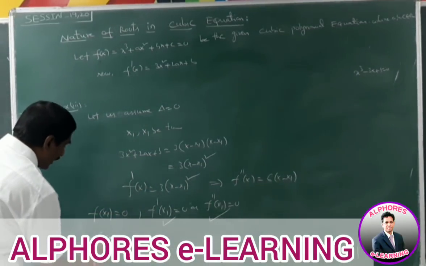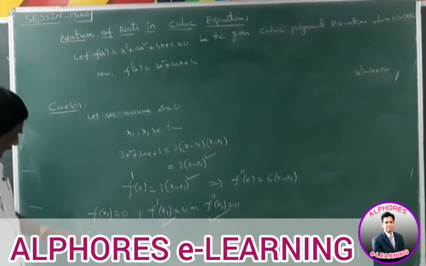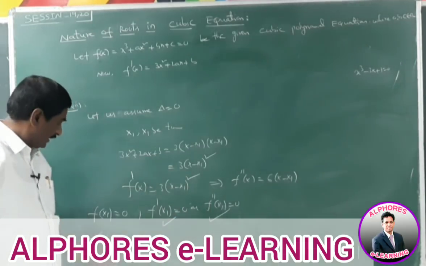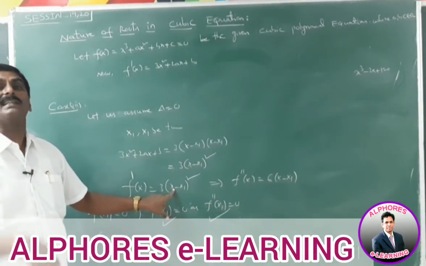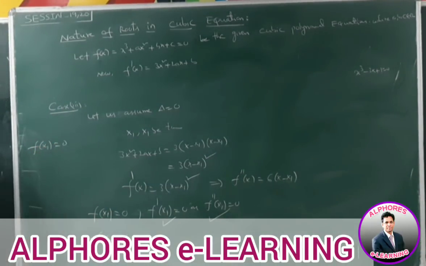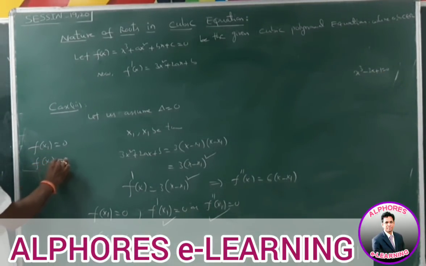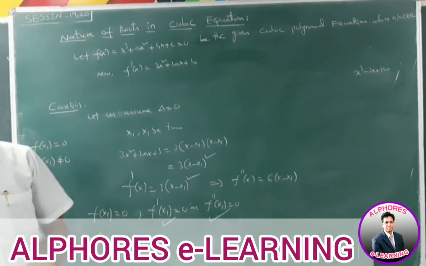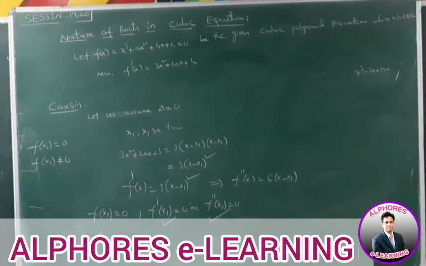Suppose f of x1 is not equal to 0, that means x1 is not a root, then f dash x is always greater than 0. F dash x is equal to 3 of (x minus x1) whole square. Here x minus x1 is not equal to 0, so it is always positive, strictly increasing. Every strictly increasing function has only one root. If f of x1 is equal to 0, x1 is the repeated root and it appears 3 times. If f of x1 is not equal to 0, then we have only one root. That means the remaining 2 roots are imaginary. These 3 cases are very, very important.